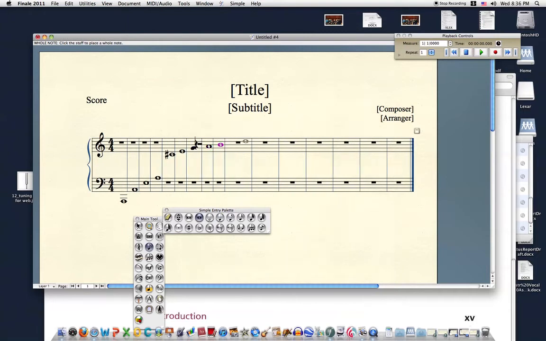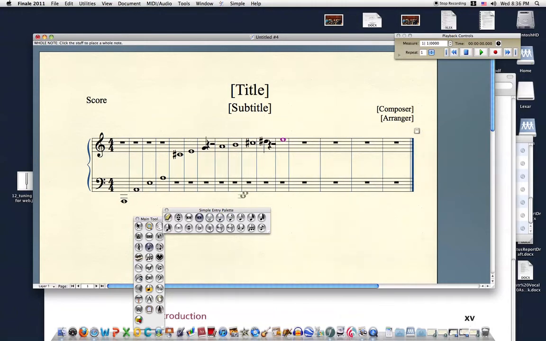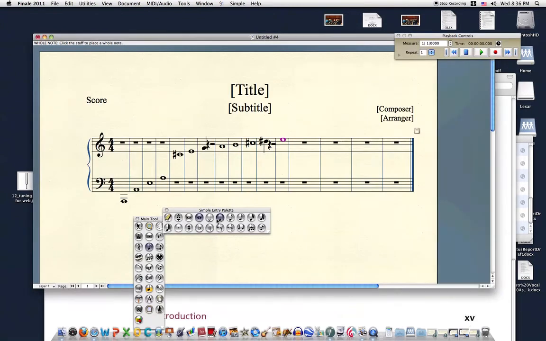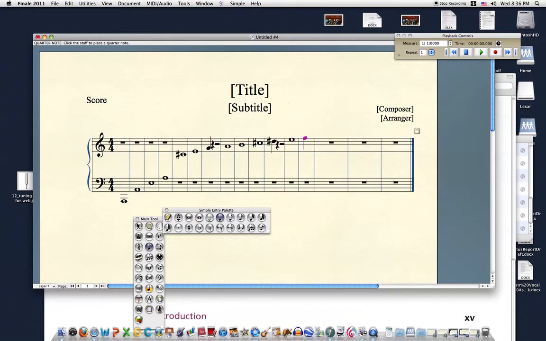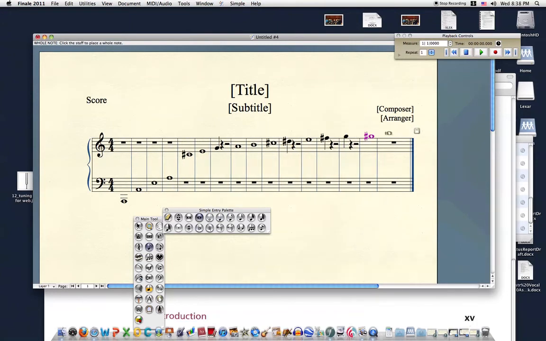A, B, C sharp, raise its pitch, another quarter note, raise its pitch, whole note, another. Checking Benward, partial number 13 is also a quarter note. Raise its pitch. The next one will be the whole note, raise its pitch, and then finally